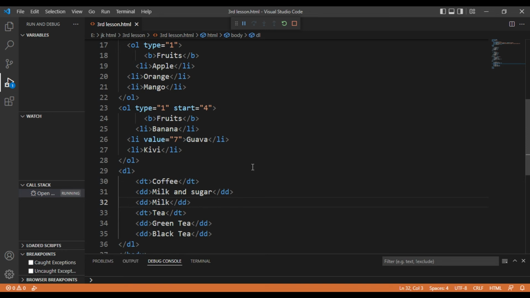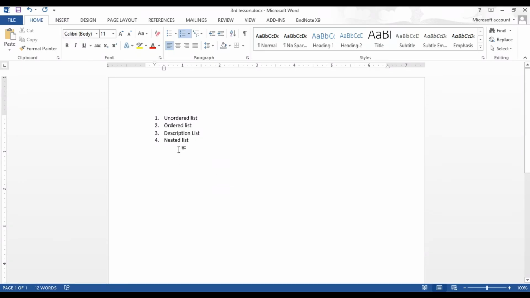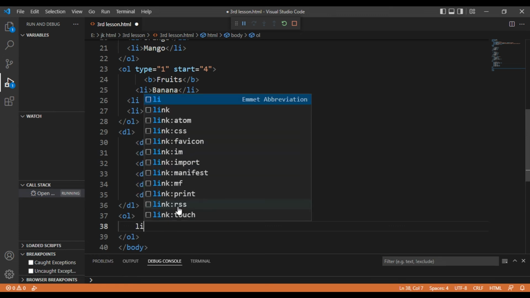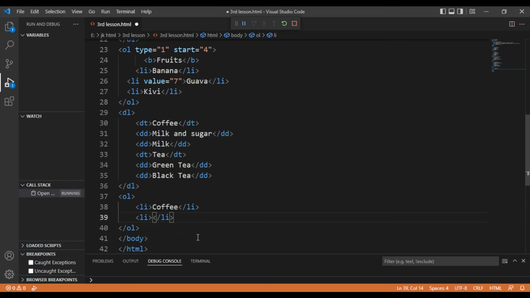Okay, so the last one is the nested list. So what do we do in a nested list? For example, if you have a list in a list, I will use an ordered list. I will use some list of items, let's say 2. These are the list of items, and I will use the same thing like coffee, and a coffee has a list too. So we will do over here,